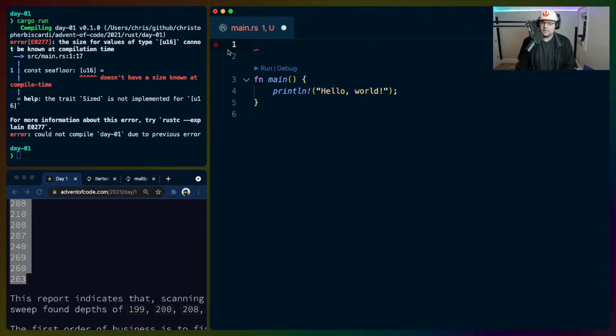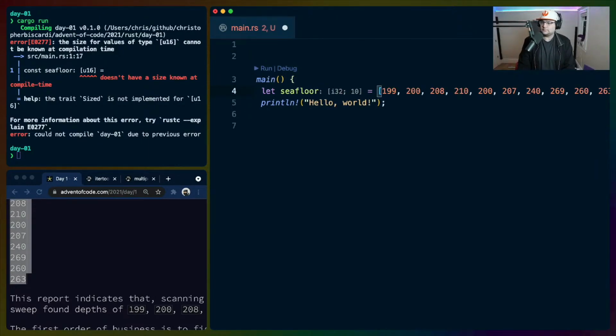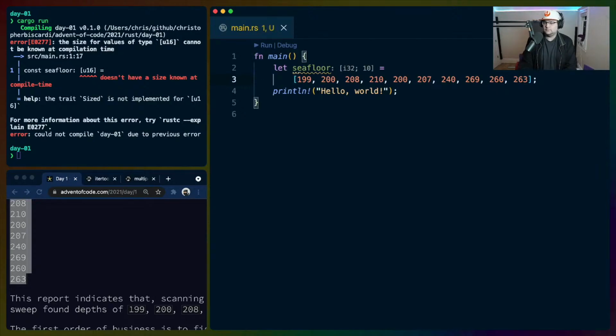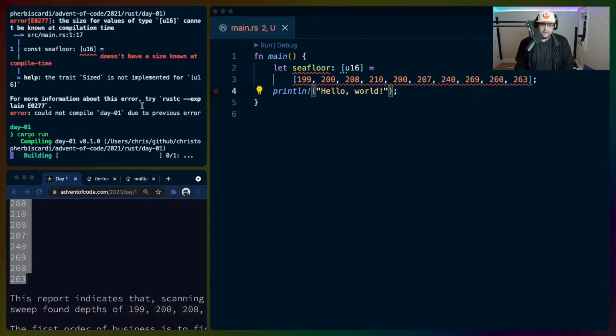So let's not make this a constant. Let's make this a thing in here. And I don't want these. These aren't going to be negative, I don't think, so I'm just going to make them U16s, or it's going to yell at me.